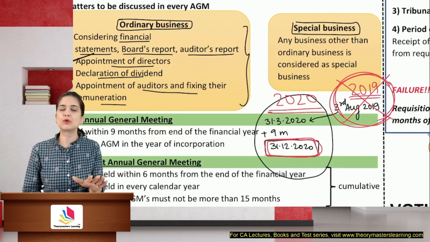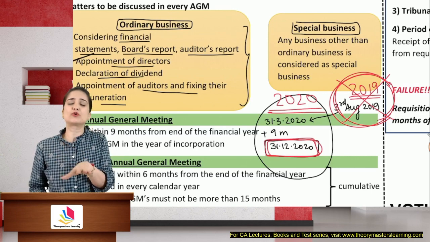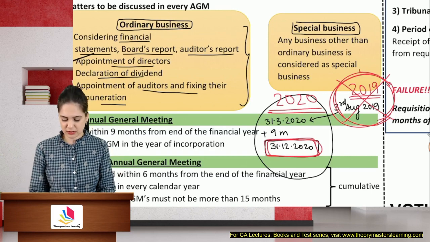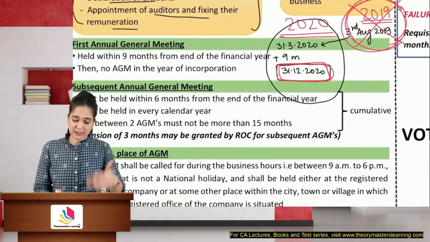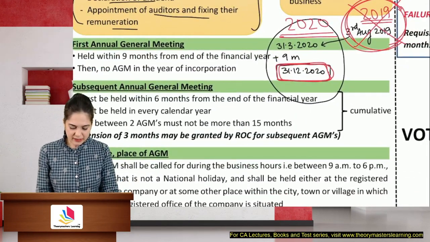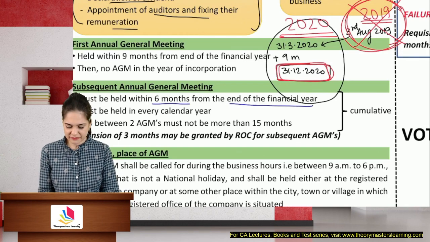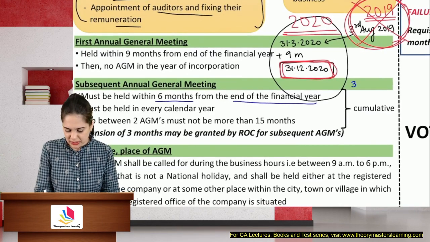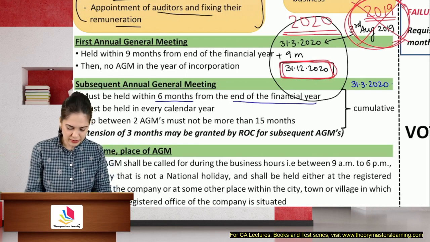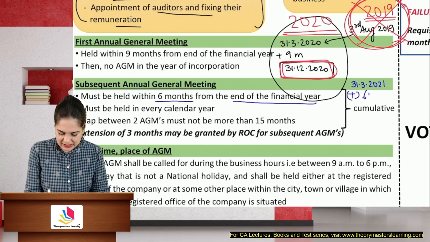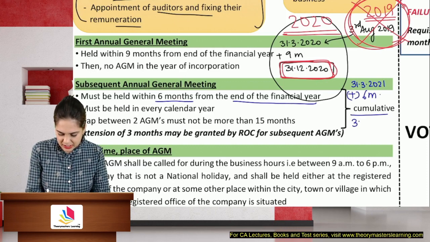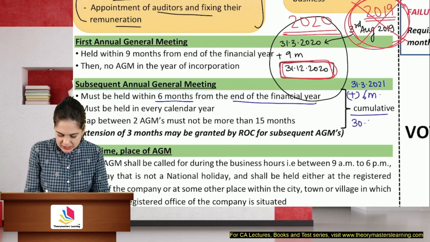If you don't hold any annual general meeting in the year of incorporation, what about subsequent annual general meetings? It will be held within 6 months from the end of the financial year. So if the financial year ends on 31st March 2020, then I must, let's take 2021 now, then the meeting must be held within 6 months. It means the meeting must be held by 30th of September